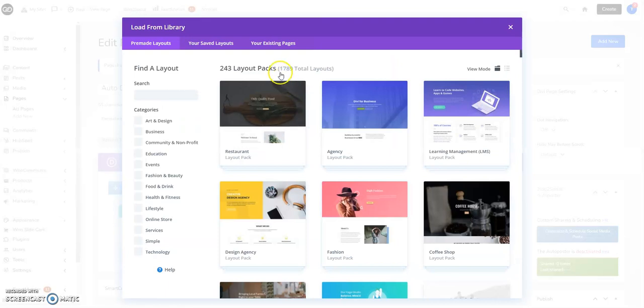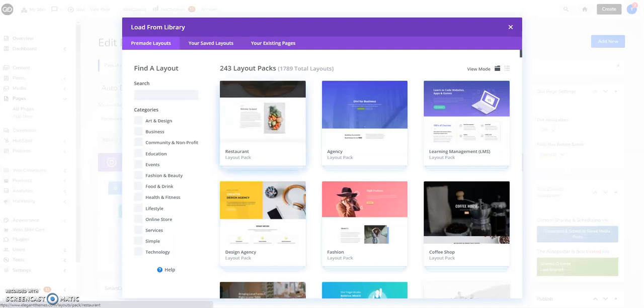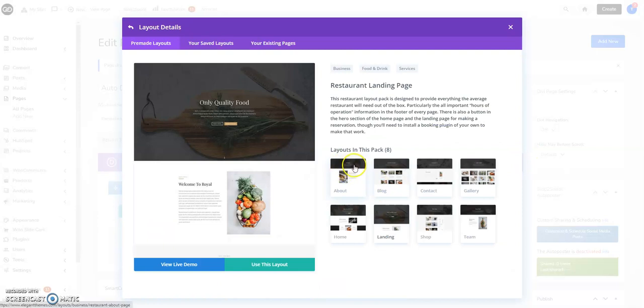As you can see, there's a lot of layouts, and you can browse through the categories as well. So if you want to have a closer look at one layout, you just click the image or preview of it. Now every theme comes with several pages that will be added to the pack, and you can customize them any way you want. You can view a live demo here, but if you have decided to use the particular theme, then click the green button here, use this layout.